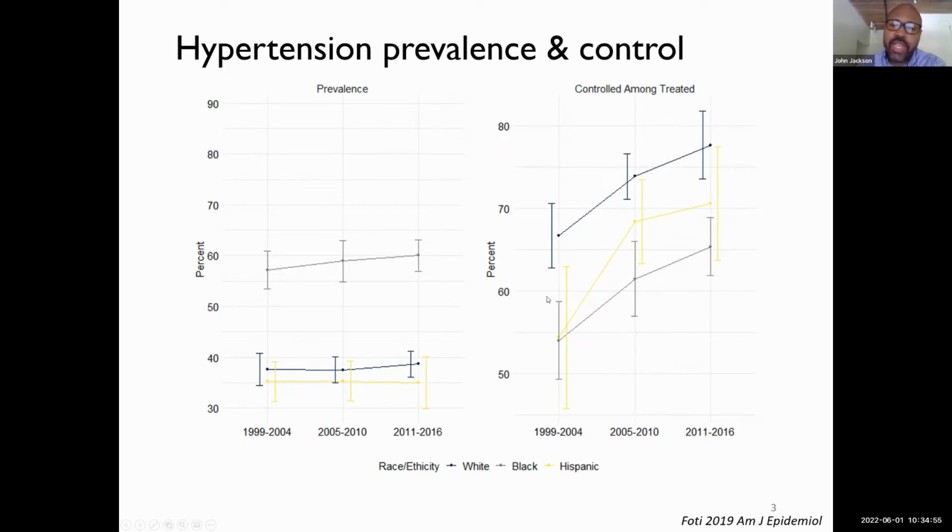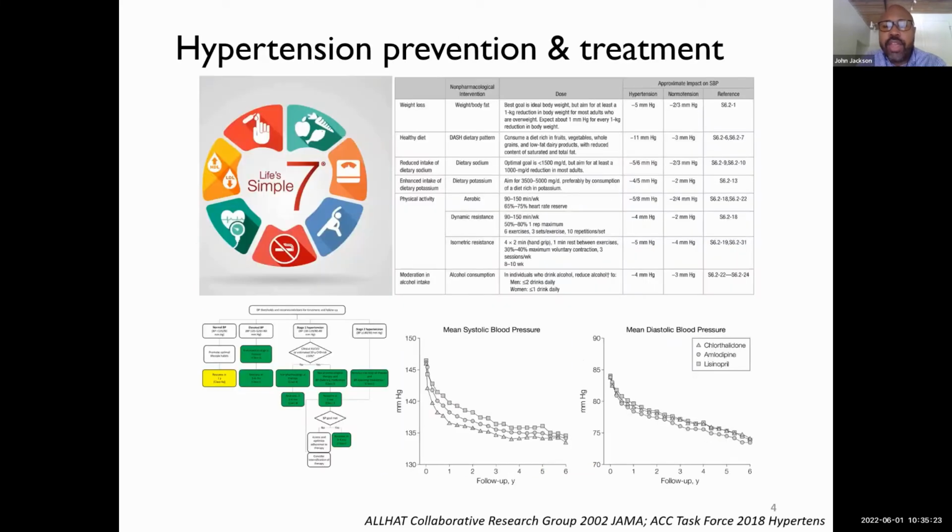What you see here is really shocking, but all too common: you see improvement in population health. This is looking at hypertension control. Once you're treated, can you bring your hypertension under control? We've been able to improve that for all groups. But when we compare non-Hispanic whites in blue, Hispanics in yellow, and blacks in green, we see that there are persistent gaps despite that improvement. And I think this is a really